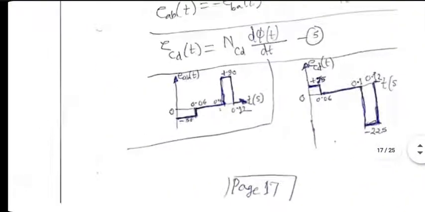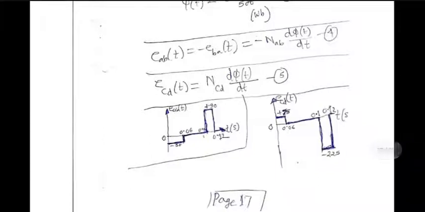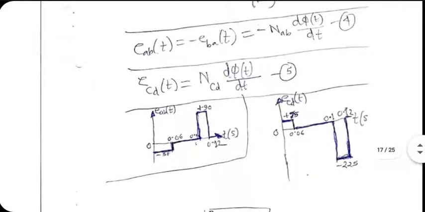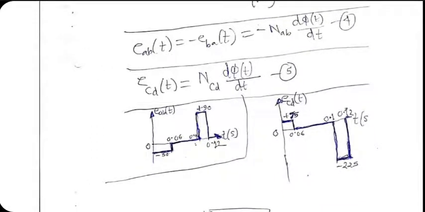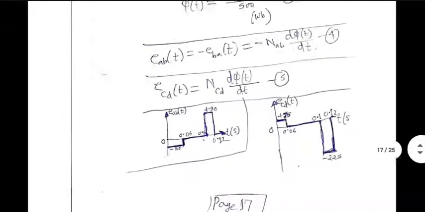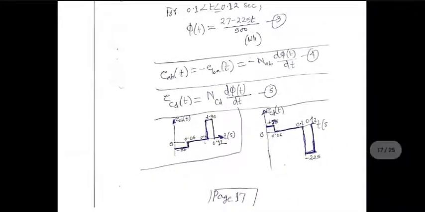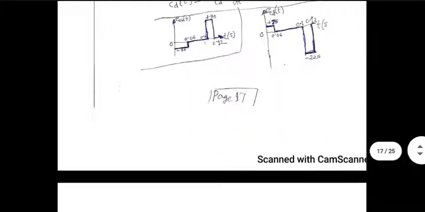You can do the same thing for secondary side also, and this is the answer that is expected. You can do it yourself. The only difference is polarities are defined in a different manner on the secondary side, as well as the number of turns, which is different on the secondary side. But d phi by dt is going to be the same in both cases, because phi is same, it is linking both the coils.